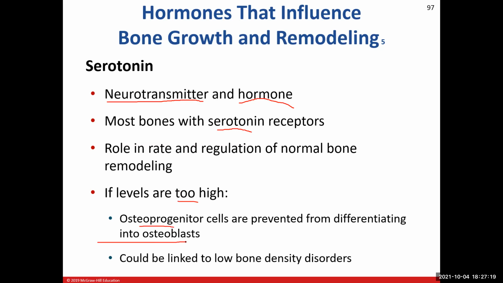So now, all right, we aren't able to get bone tissue being made like we used to. And so overall, long term, this could lead to low bone density disorders like osteopenia. Okay, osteoporosis is pretty significant, but osteopenia is the big one here. And all because,